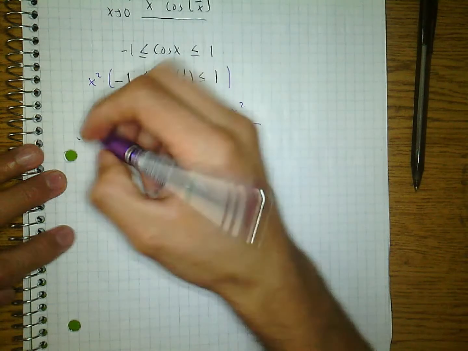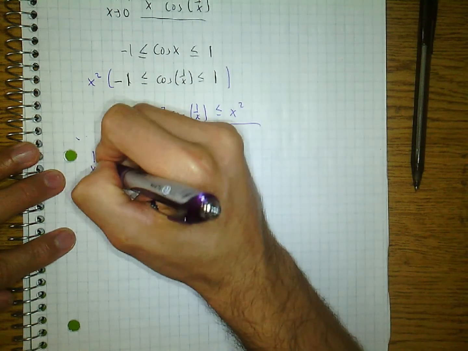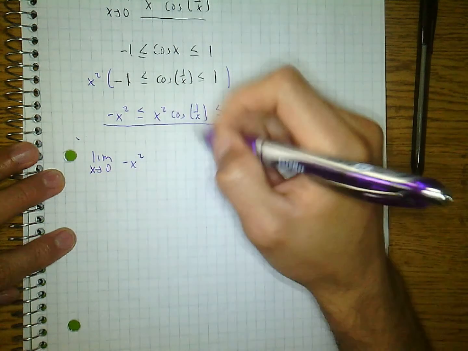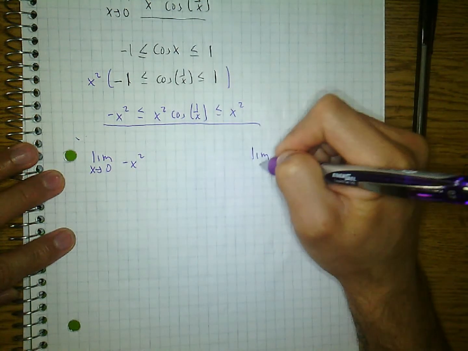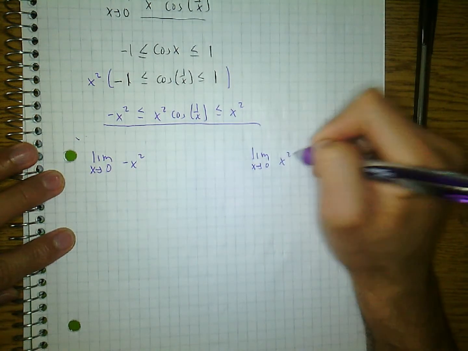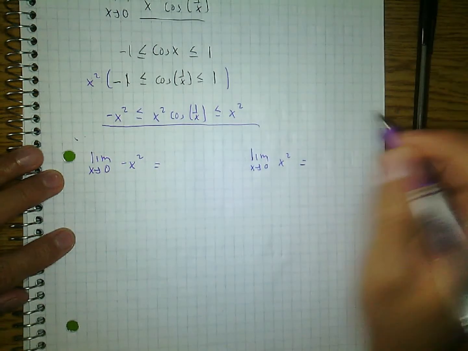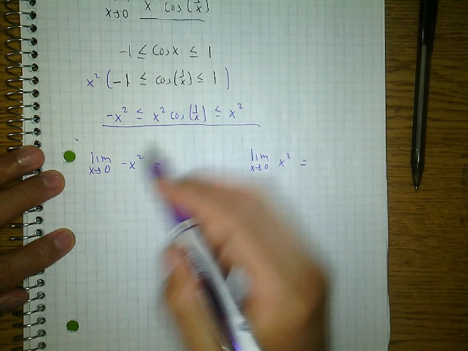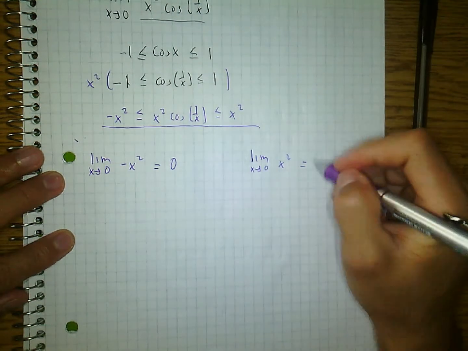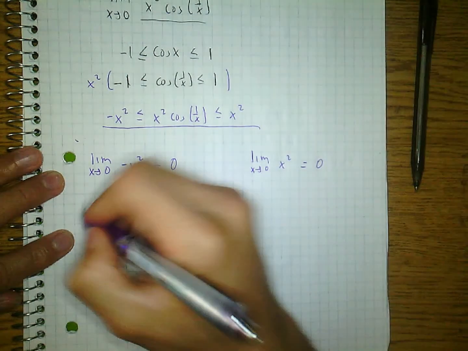So I'm going to take the limit as x approaches 0 of -x squared, and the limit as x approaches 0 of x squared. If they're the same, then we're going to be able to use the Squeeze theorem. By simple substitution, this gives me 0. By simple substitution, that gives me 0. Therefore,